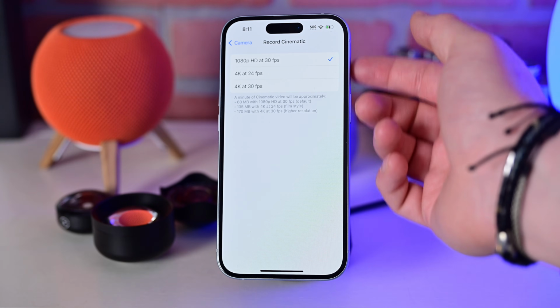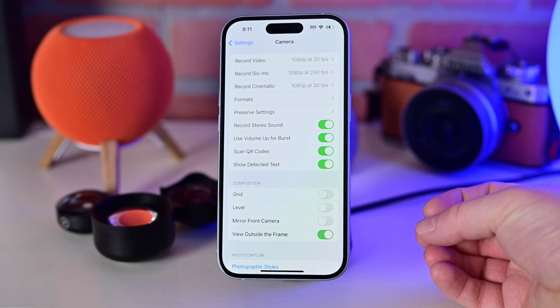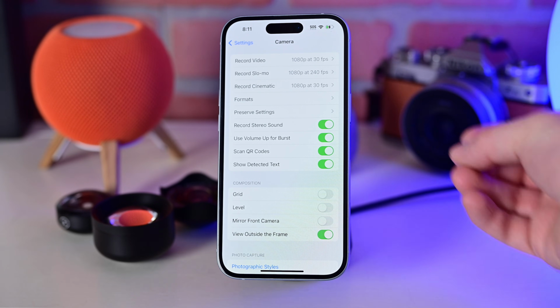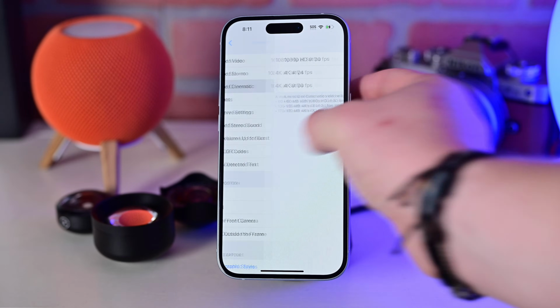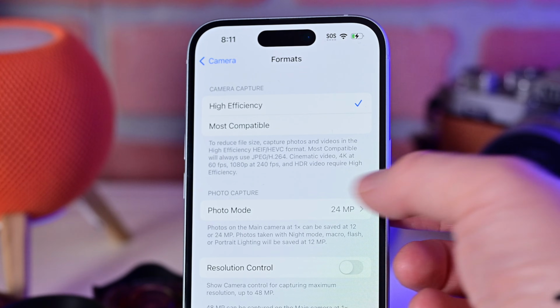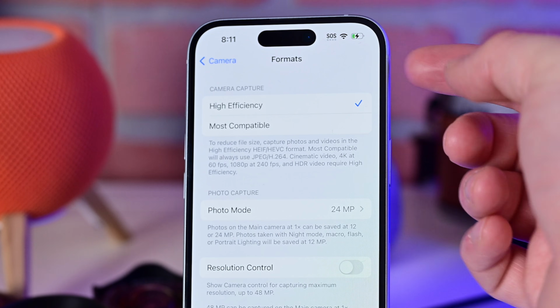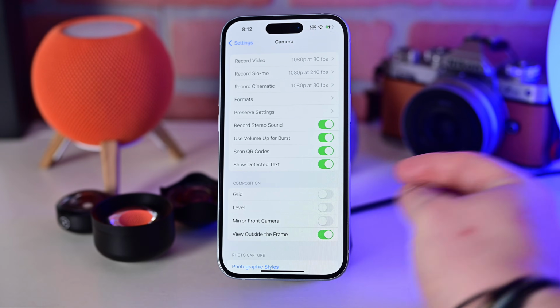Cinematic mode, again, all the way up to 4K at 30 frames per second. That gives you that depth of field when shooting in cinematic mode, kind of like portrait mode, but for videos. We have formats here that you can adjust, so high efficiency is what I would recommend, and you can change your photo mode by 12 or 24. For me, I leave it at 24 megapixels. Going back,